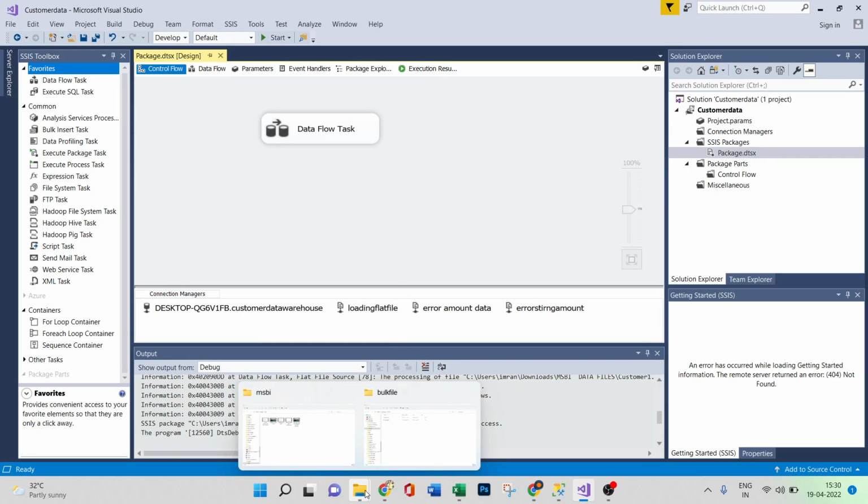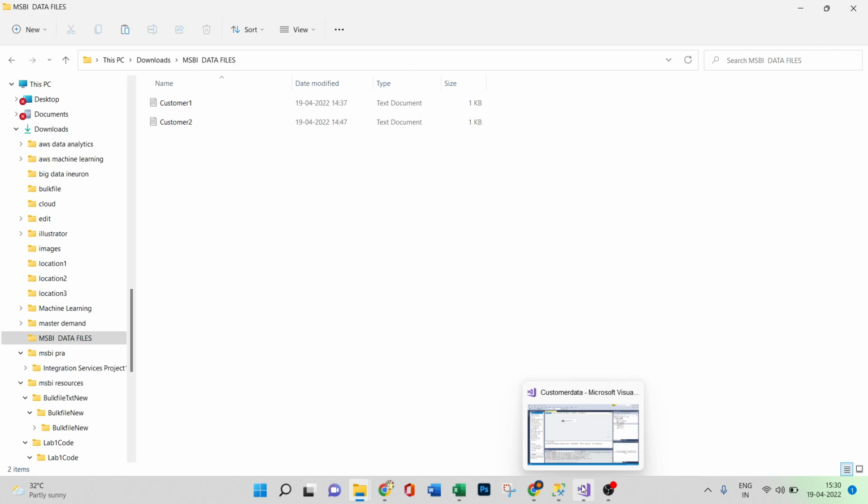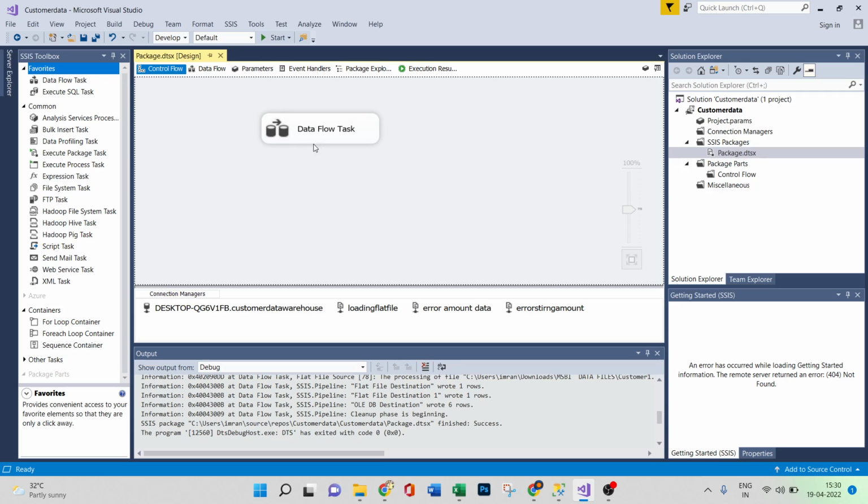So in this video we'll discuss for loop, okay? For loop, then variables and parameters, and even we'll see how to debug, how to run the project in debug mode. So in our project right now you can see we have one data flow task,